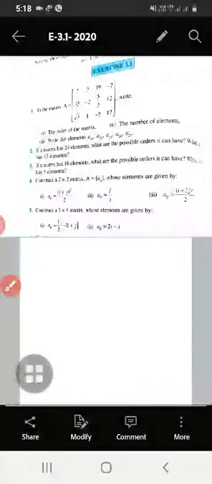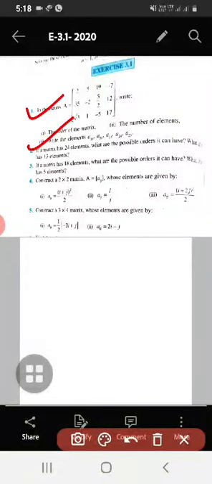See here, these 2 are previously over. So now I have got